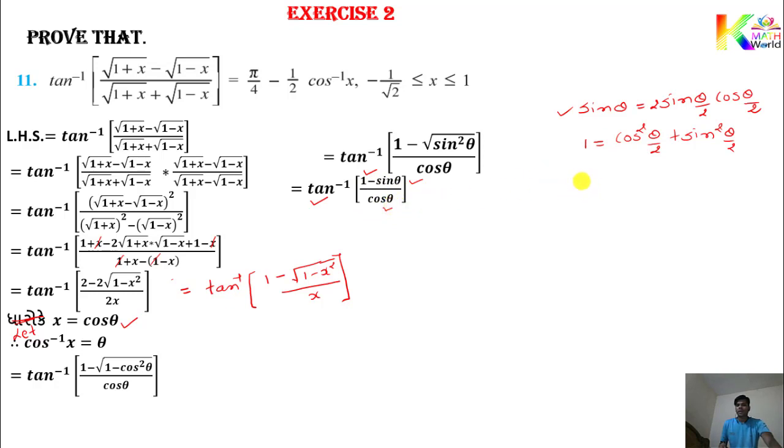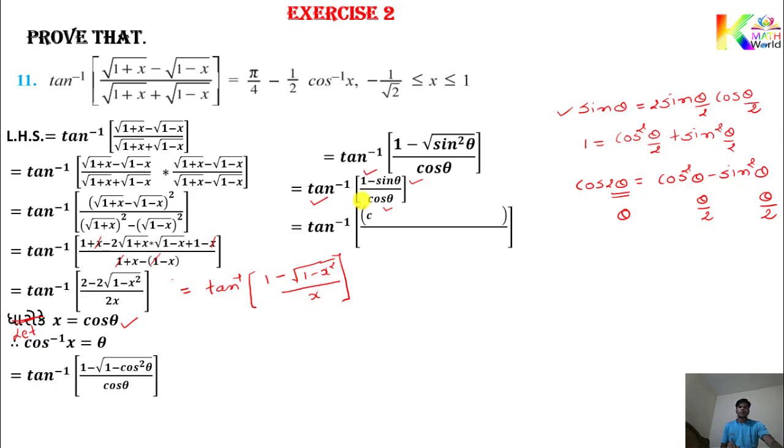So half angle formula, you have the formula for cos 2 theta. Cos 2 theta, what is the formula? Cos square theta minus sin square theta. That is the formula for cos 2 theta. So angle got half, so 2 theta becomes theta. So here angle got half, it means you got here theta by 2. Here also you get theta by 2. Okay. So we get tan inverse of